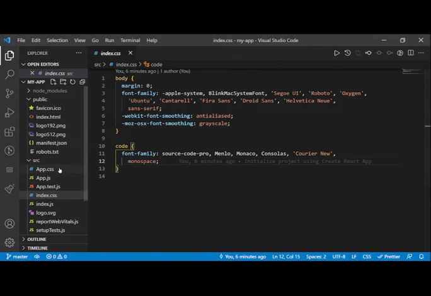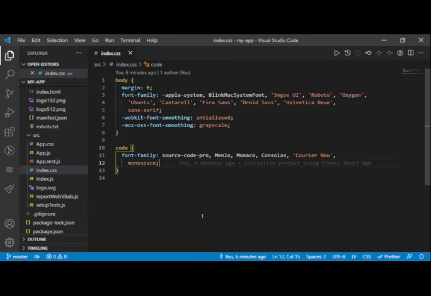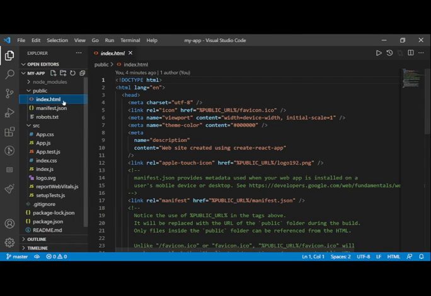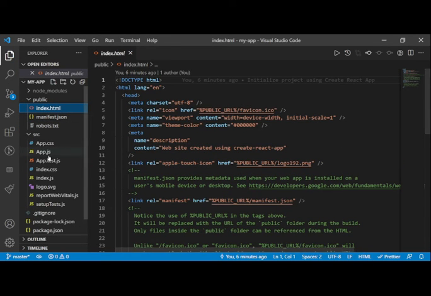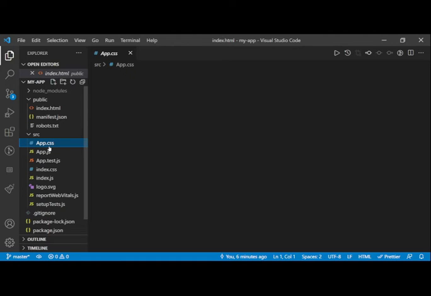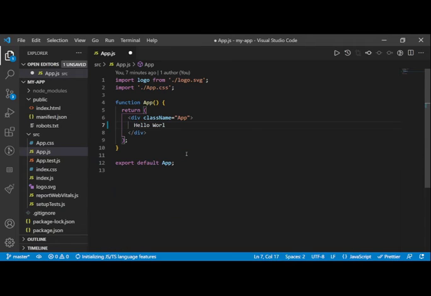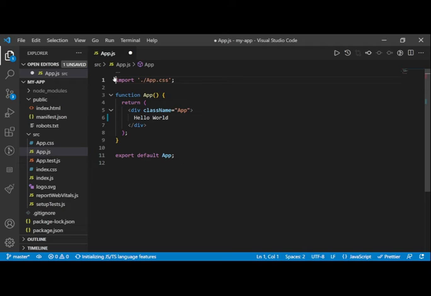And what we want to do is, first of all, get rid of the things we don't really want. I don't want this. I'll get rid of that, this, I think. So we can just clear all these things out, and we can just write hello world, just to start off.